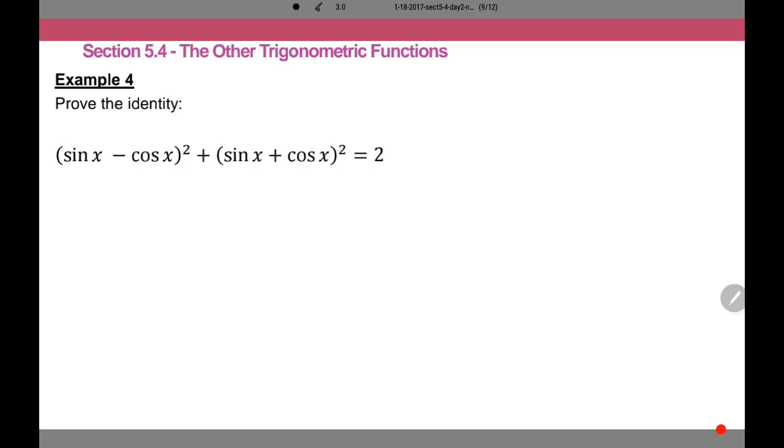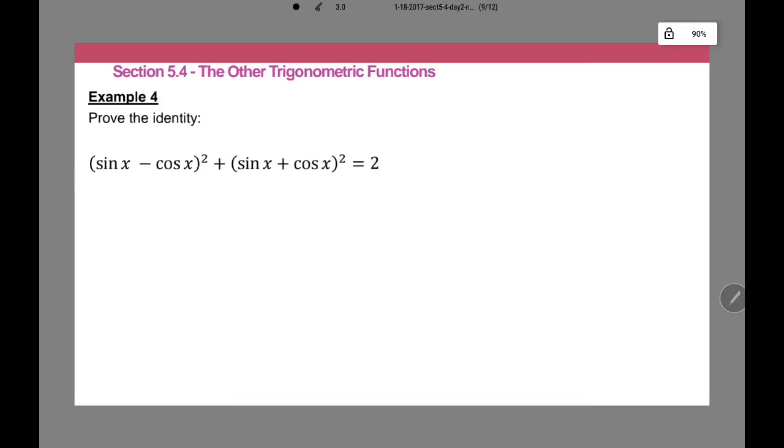And we got all this stuff squared. We got sine x minus cosine x squared, and we've got sine x plus cosine of x squared. So guess what we get to do? If you said square it, you're the winner of nothing but some fun math. So we're going to do this squared. We've got sine squared of x